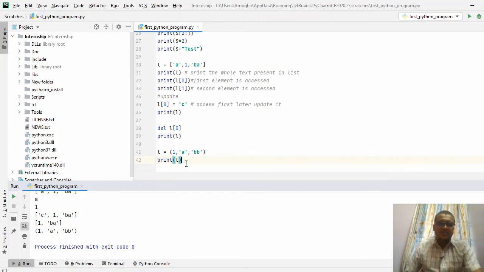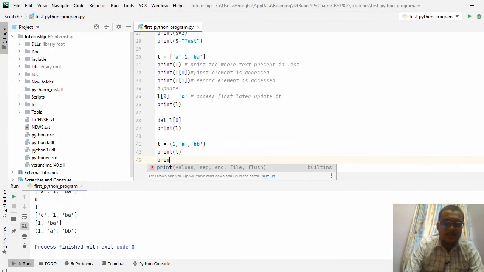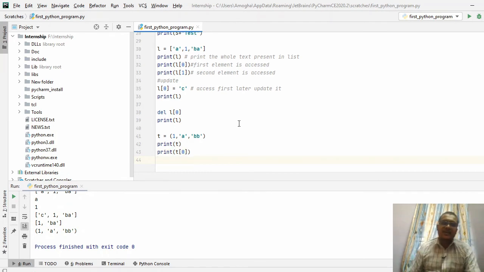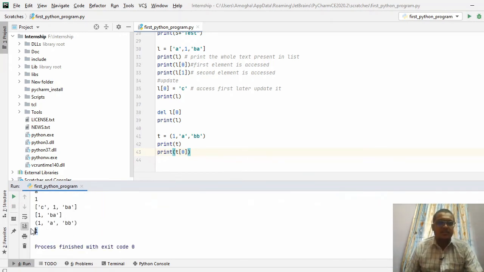For a tuple you can also perform slicing operations. You can access the first element and display it. For accessing, again, you need to use the square brackets. After executing this line, the first value, that is 1, is displayed.